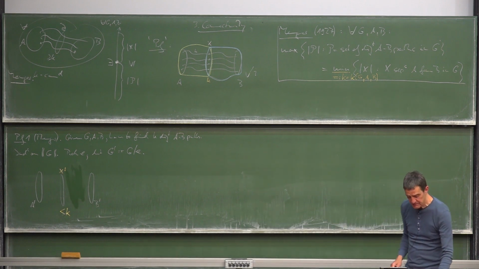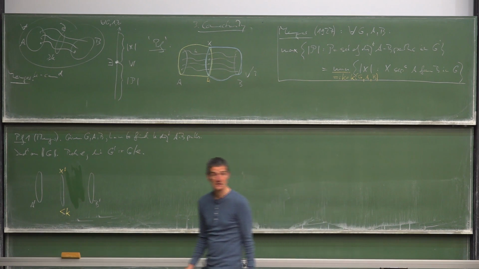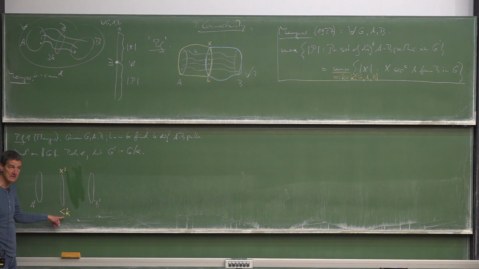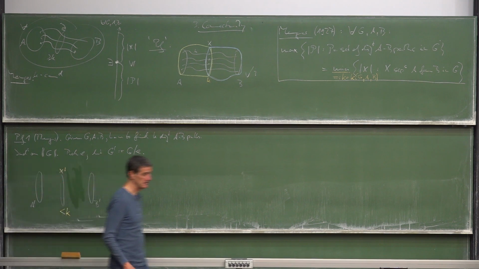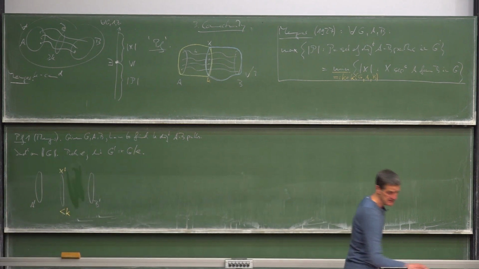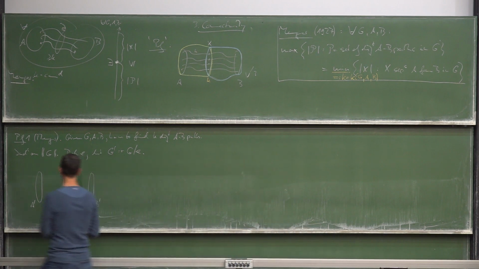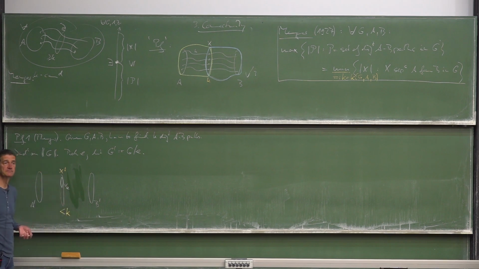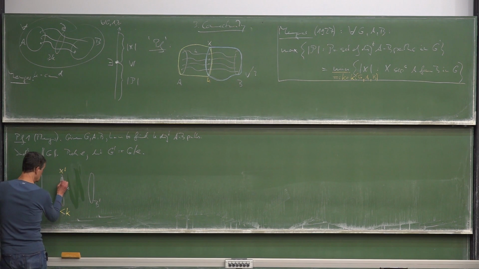Why is that not a separator in G? Well, that would give us a contradiction to the definition of K. The only way it can fail to be an AB separator in G is that VE lies there. It's one of those vertices. This is another of those statements. The only way, blah, blah, blah. That needs checking, but it's true. So then,